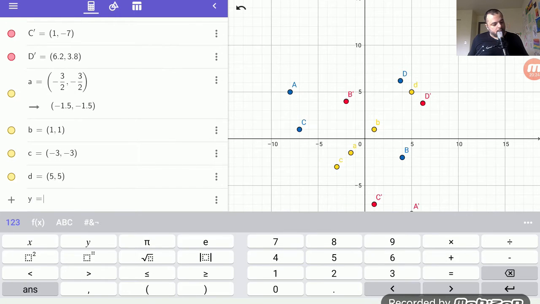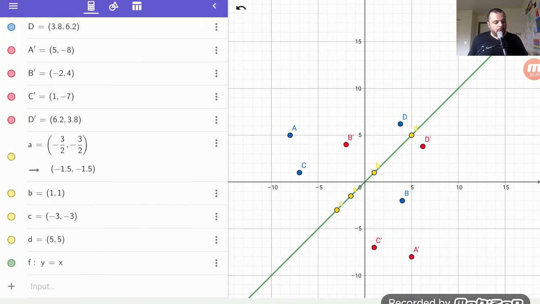Y equals x. Yeah, all of these points are on this line. Okay, so what does this line represent? It represents the mirror. It's the mirror of the points. So these points are always reflections of each other across this line, right? So the set h to the power of -1, we don't like this name because it's not h to